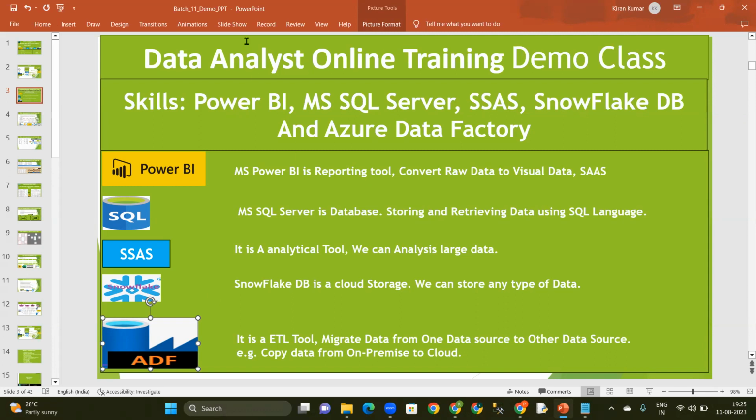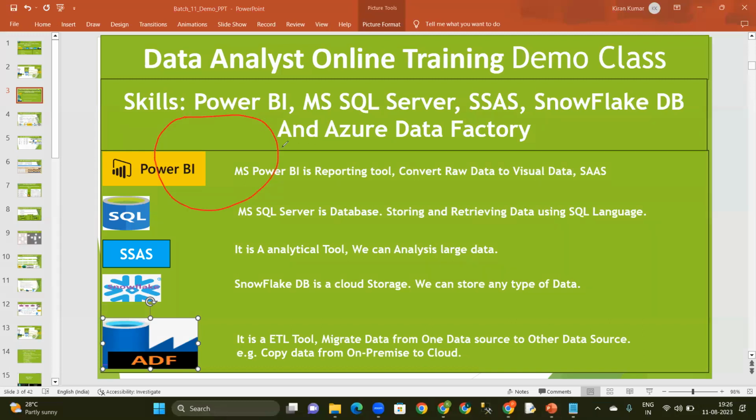Just imagine, I have data in one data source and I want to copy this data into another data source. That time we use ADF. Okay, I will tell you one example of all these skills. First thing is ADF, it is an ETL tool. What is the use of ADF? For example, just imagine, I have a